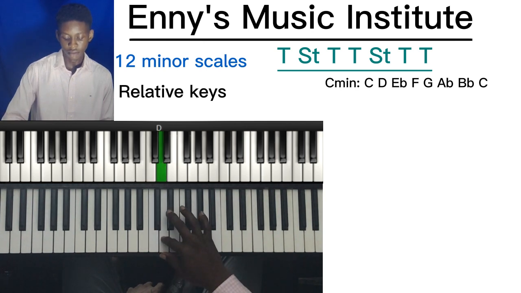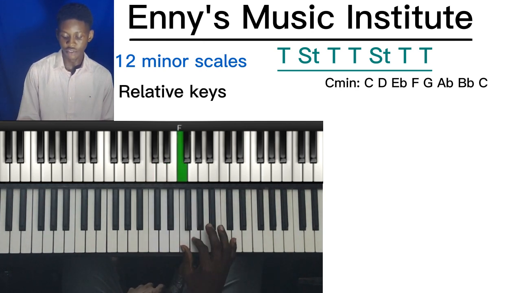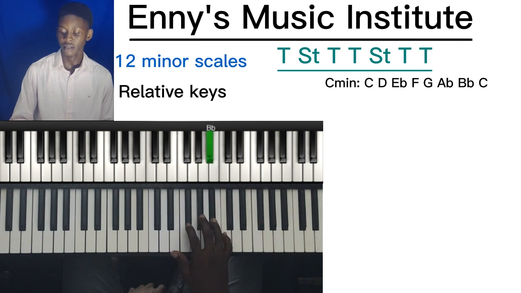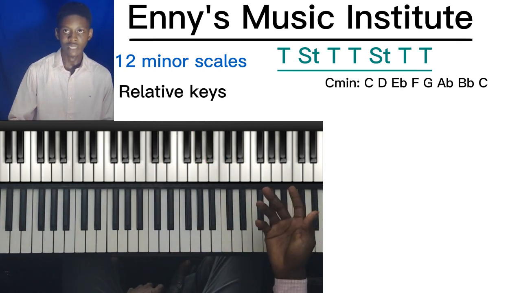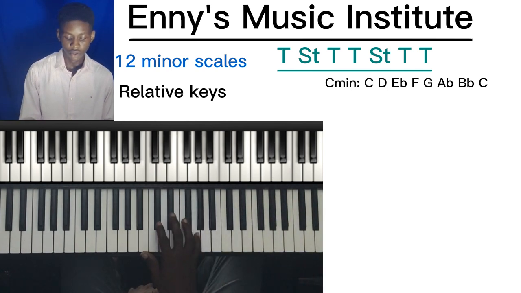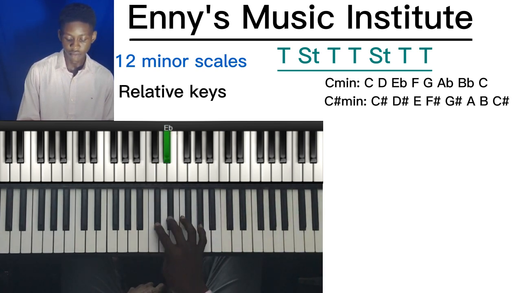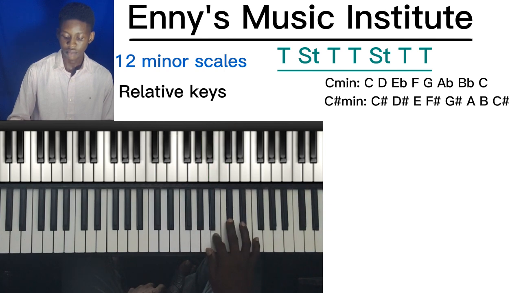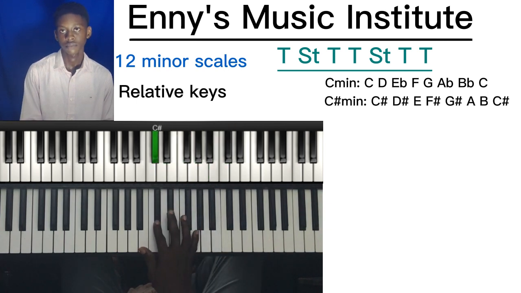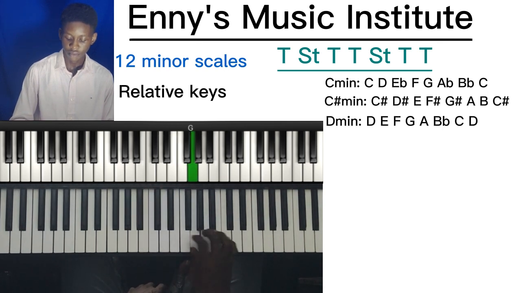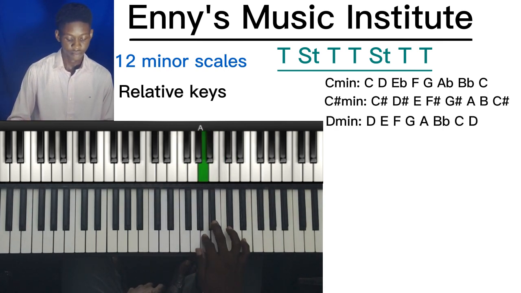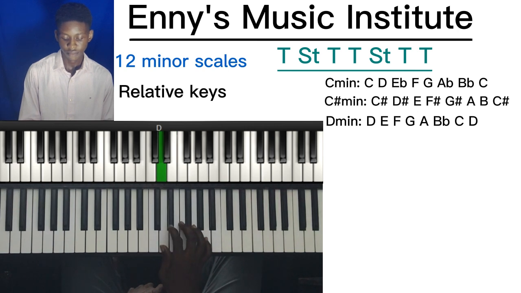All right, so we have C, D, E flat, F, G, A flat, B flat, C for the C minor scale. So I'll keep on playing that out and just follow. So on the key of C sharp we have, on the key of D we have, on the key of D sharp,